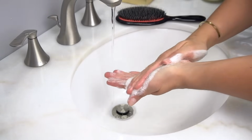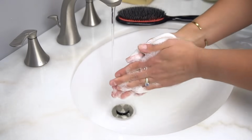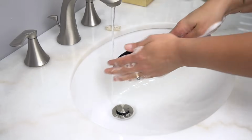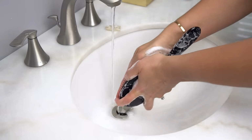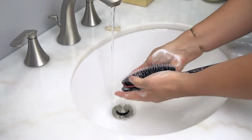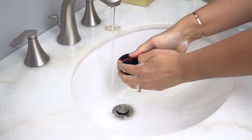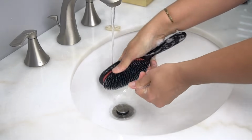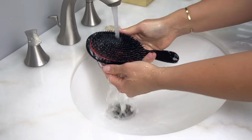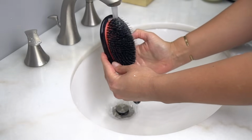My preferred soap to use is our shampoo bar. I like to suds it up within my hands and my fingertips, and then use it to massage through the bristles to get out all of the buildup and gunk that has accrued in my brush. I really like using our shampoo bar as a cleaning method for the brush. One, this really ensures that the soap formulation is ideal for your hair, so if there's any residual soap and it comes into contact with your hair, it's a good fit. And I only have a little bit of my shampoo bar left because I use it every day. I also use it as a face wash,